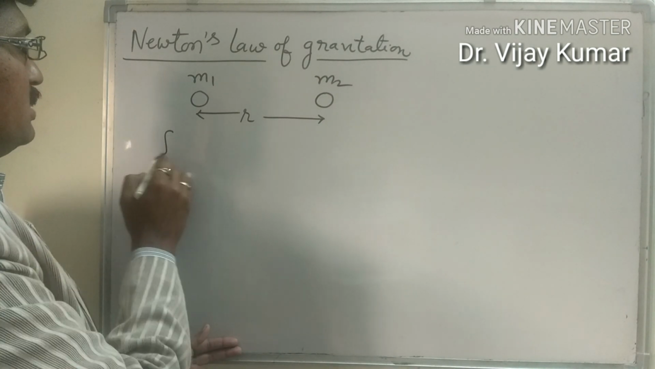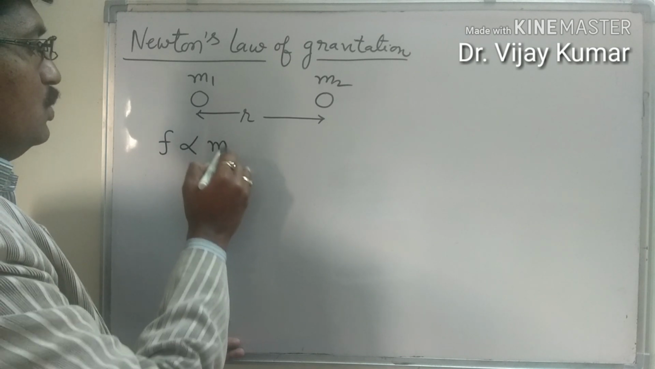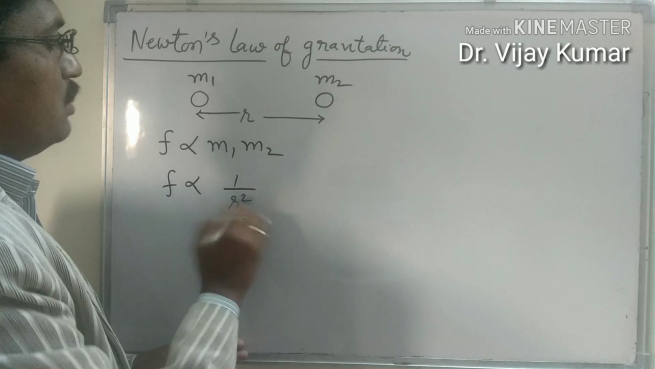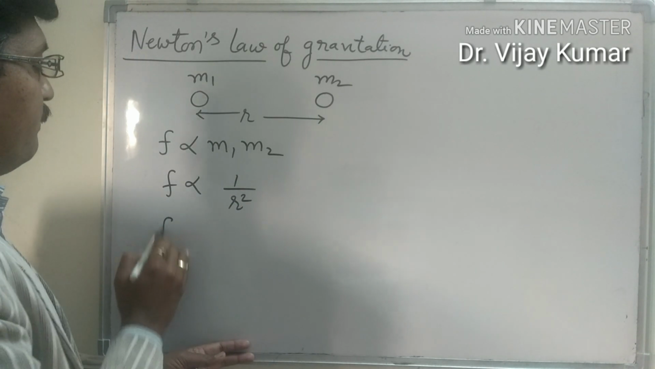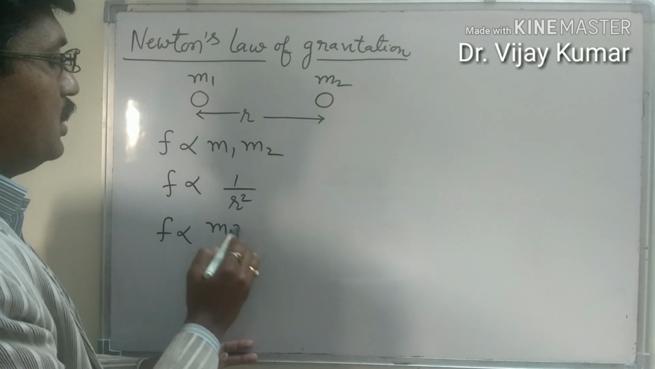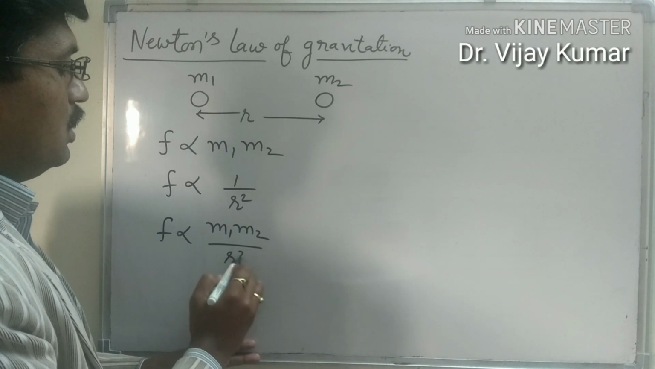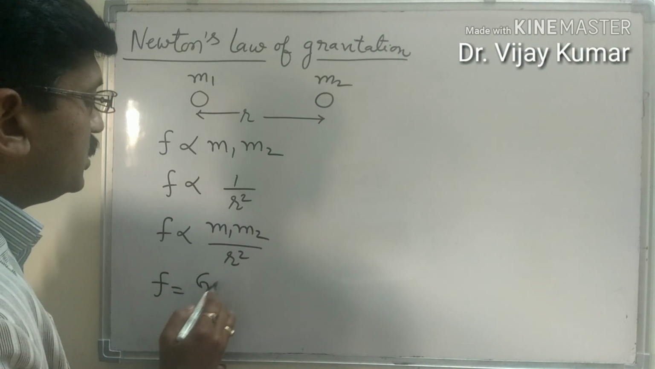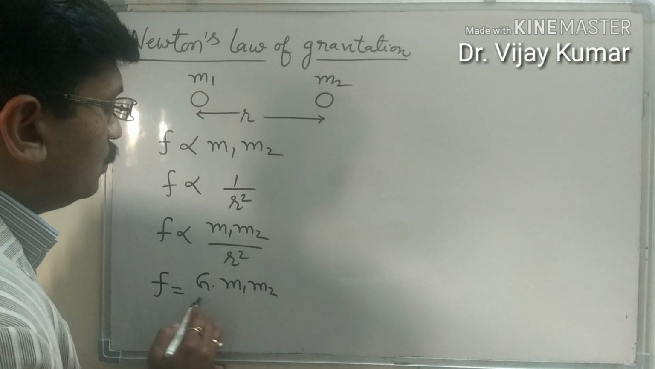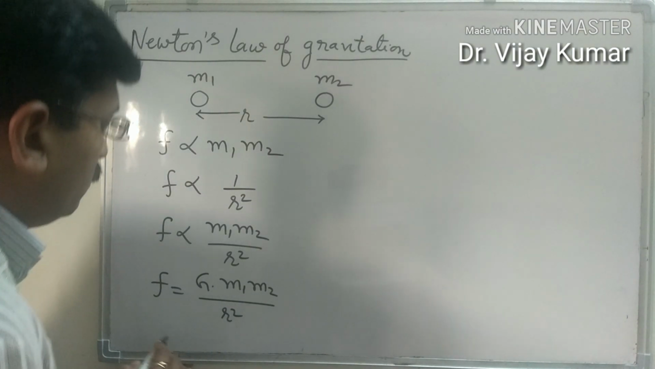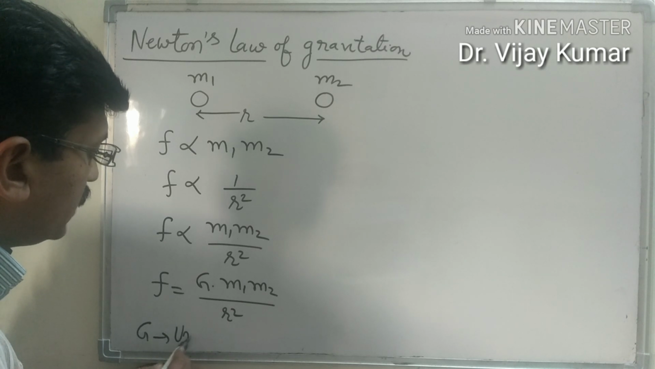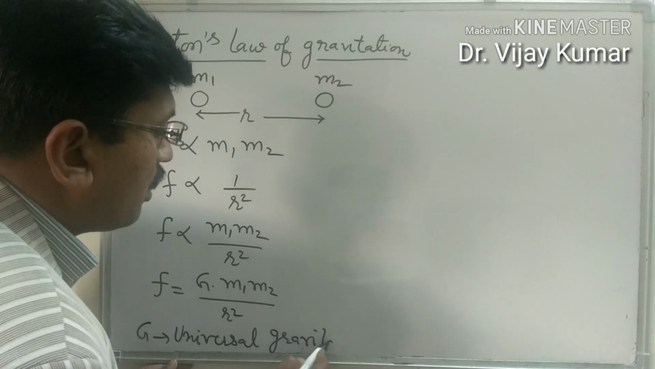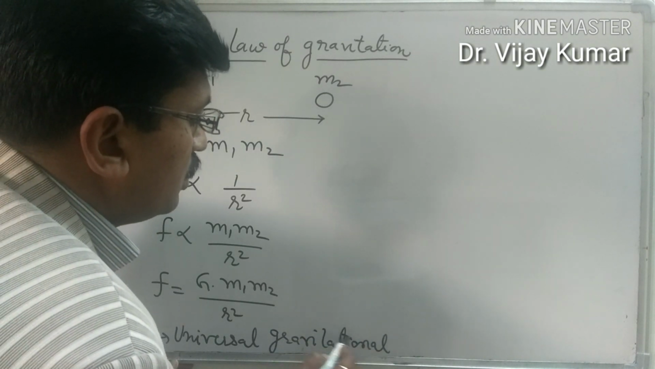And we can write it mathematically. F is directly proportional to m1 m2 and inversely proportional to the square of the distance, so F is proportional to m1 m2 upon r square, and we can also use a proportionality constant capital G: F equals G m1 m2 upon r square, where G is known as the universal gravitational constant,